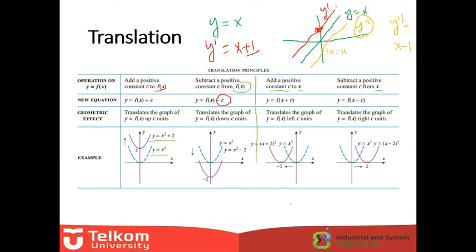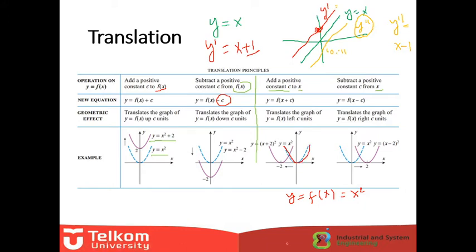I have this one, y equal x square. I'm sorry, I will revise first. The first one I will revise first. y equal f(x), when the condition f(x) is x square. So we know in here, we know this one.